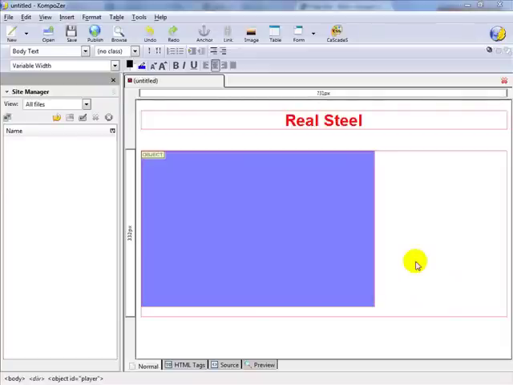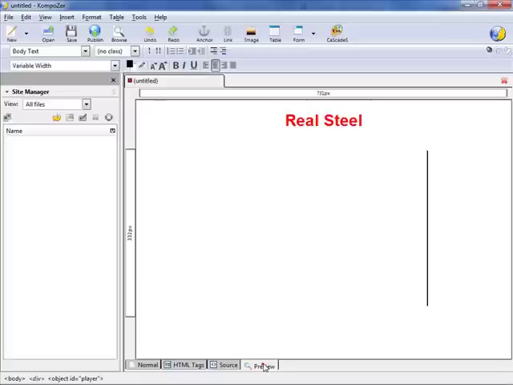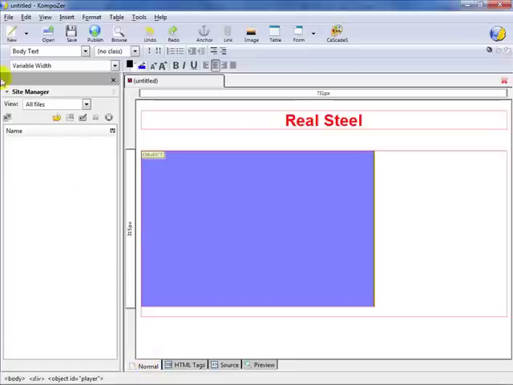So if you want to view this, you can click the preview tab, but that sometimes doesn't work with video. So go back to normal, and then if you save